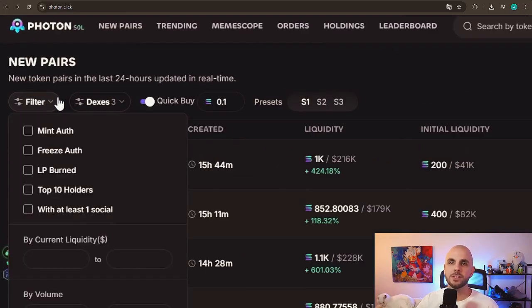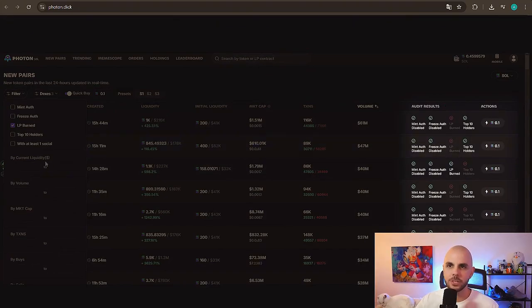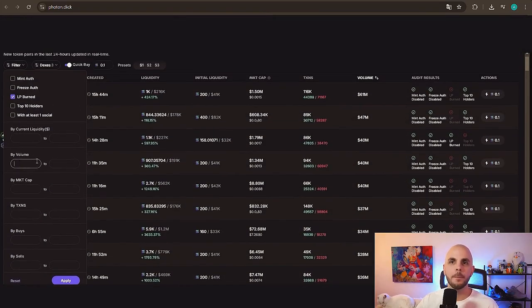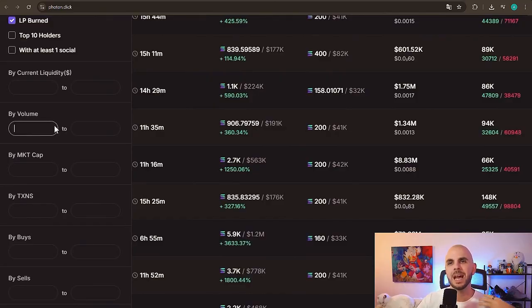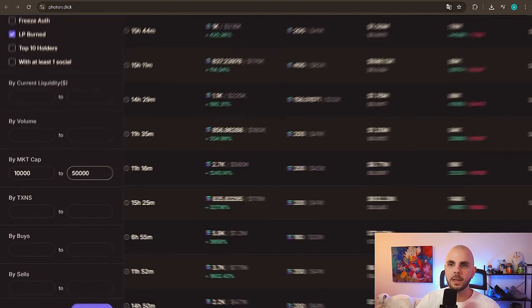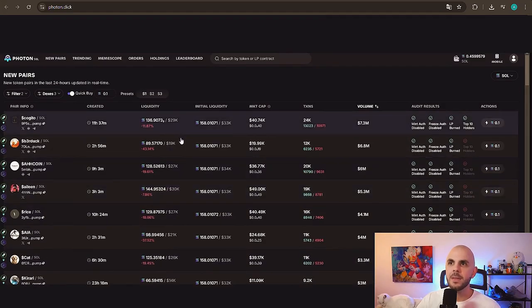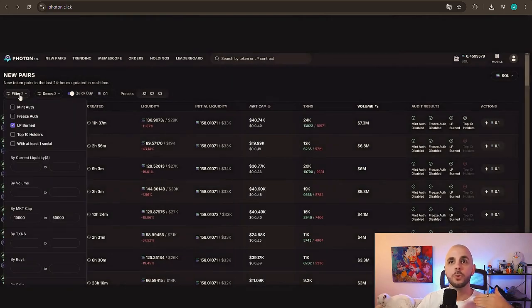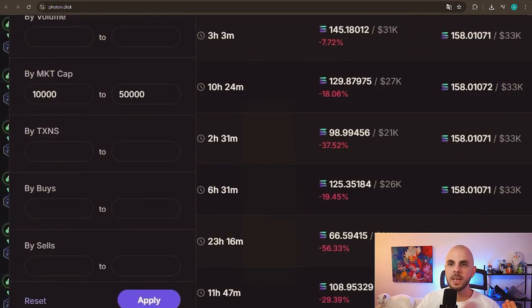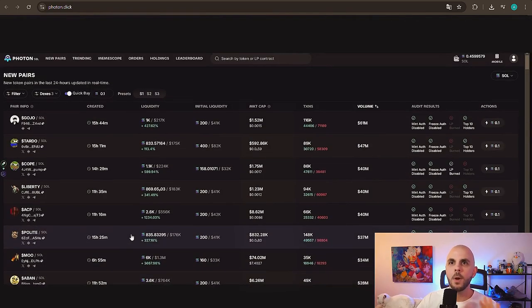The other thing is you have some manual filters up here. So maybe I only want to see tokens that have the liquidity burnt check mark, or the top 10 holders, which that's all here. We're going to look at it in just a second. I can also filter by volume. So I only want to see tokens that have a certain amount of volume or a certain market cap, maybe between 10,000 and 50,000. So if I click apply, I'm only going to see tokens that are within that market cap, which is this column right here. If I want to clear that, I reopen the filters and I just click reset, and boom, all of those